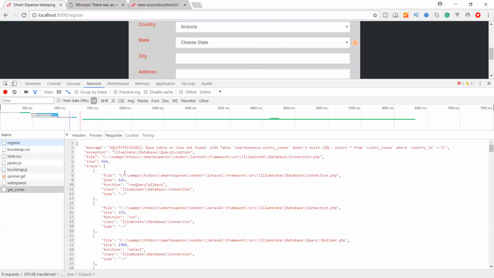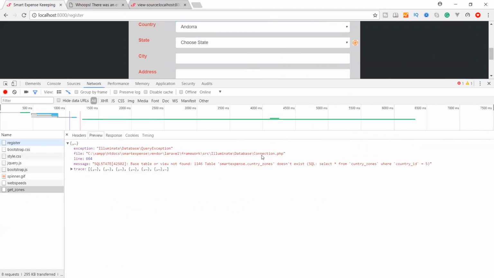In the response we also have a query builder, htdocs and database connection. Reviewing the database connection: base table not found, table smart expense country zone does not exist from country. So here is the issue, country zone is not being accessed where country id is 5.